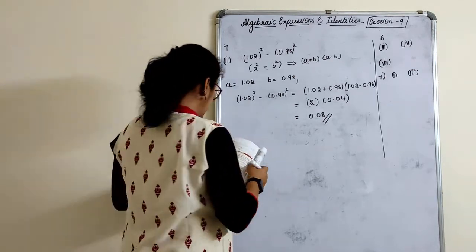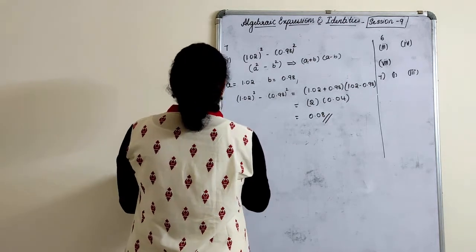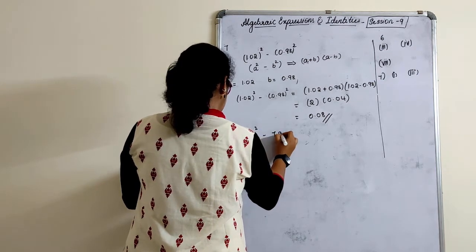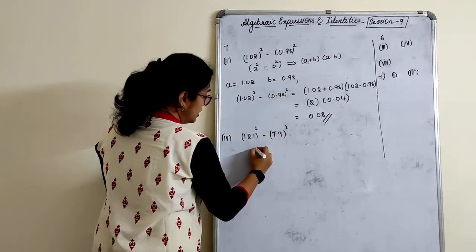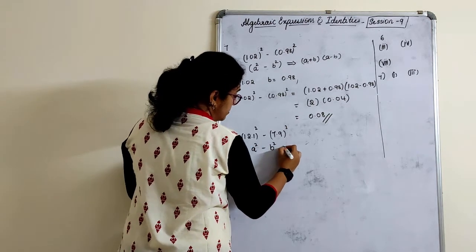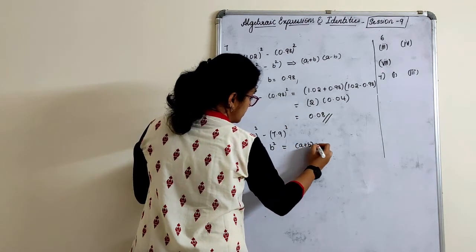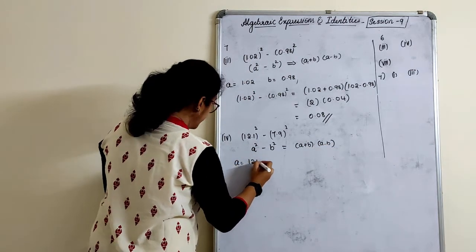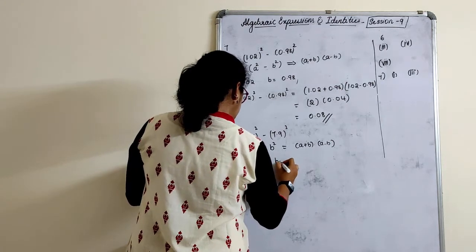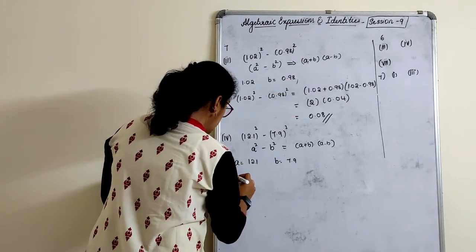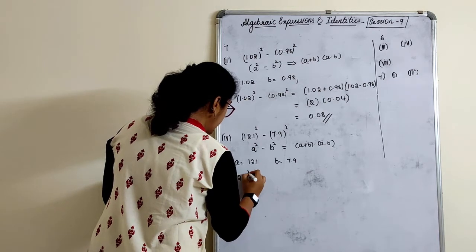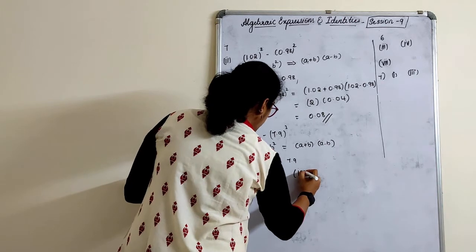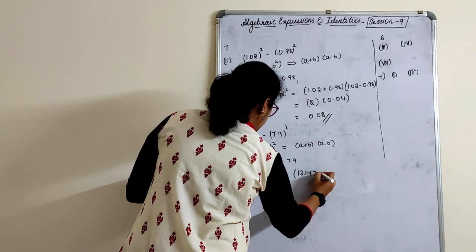That's all. One more decimal number that I will solve here is 12.1 whole square minus 7.9 whole square. It's already of the form a square minus b square, which is a plus b times a minus b. What is your a term here? 12.1. And what is your b term? 7.9. So 12.1 whole square minus 7.9 whole square is equal to 12.1 plus 7.9,